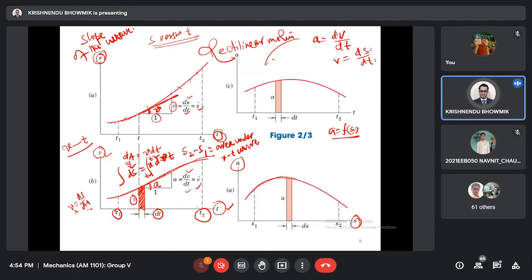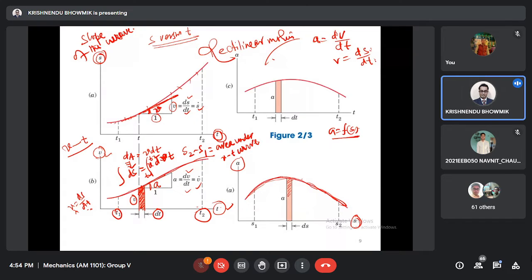How am I getting this relationship? One particle is moving in reality, say in rectilinear motion. Somebody has observed and formulated it in the form of a equal to a function of s. Somebody did this job for us, and this is that function, an arbitrary function. Now for this arbitrary function also, if somebody wants to